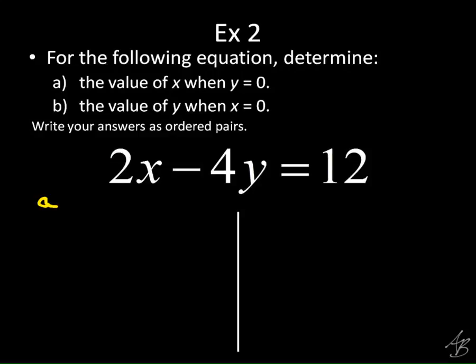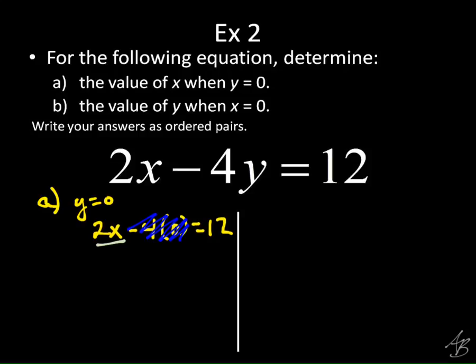On the first part, we're going to say y equals 0. So we're going to have 2x minus 4 times 0 equals 12. And what's going to happen here with this term with the 0 in it? That's just going to disappear. So what we really have is 2x equals 12. And so how do I get that x by itself? Divide by